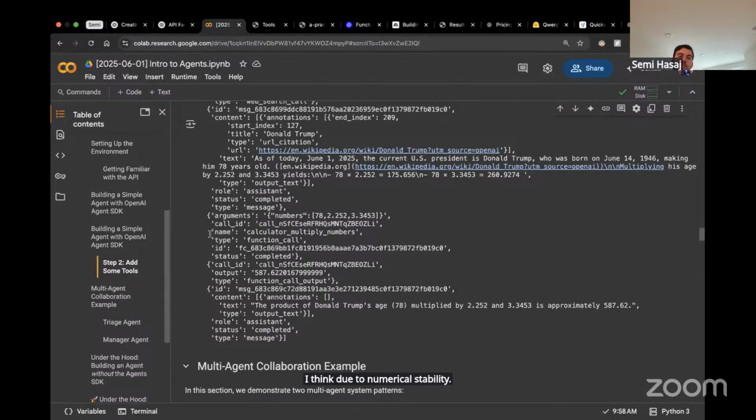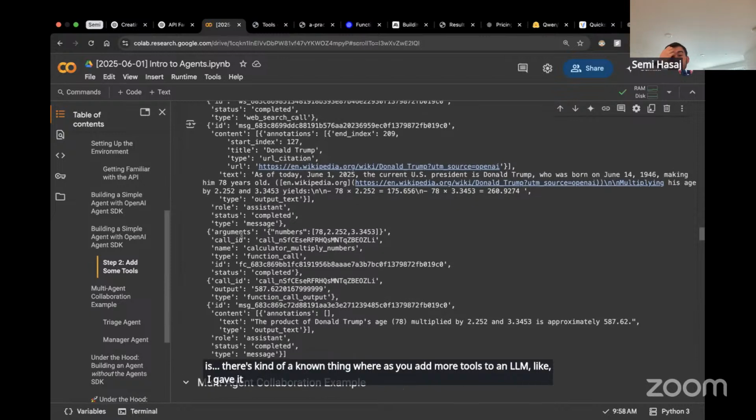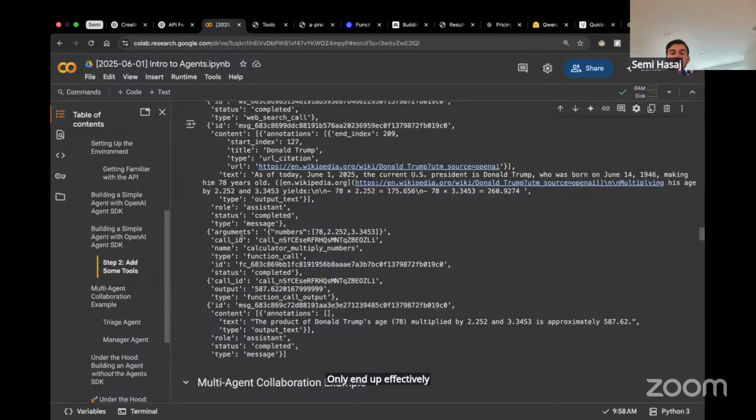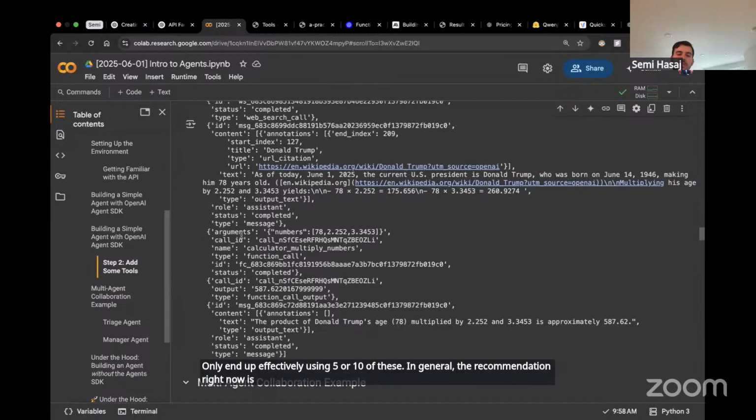But then there's a whole other issue, which is a known thing where as you add more tools to an LLM, like I gave it two, if I gave it 200, something tends to degrade, right? It doesn't really know which tool to use, and it might only end up effectively using 5 or 10 of them. In general, the recommendation right now is don't give an LLM more than 10 tools.